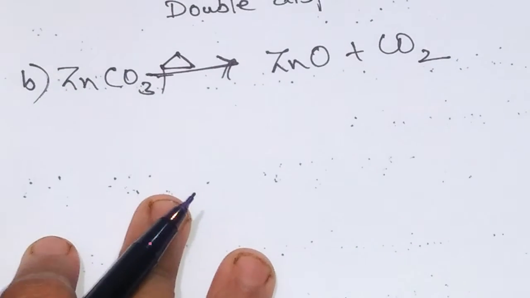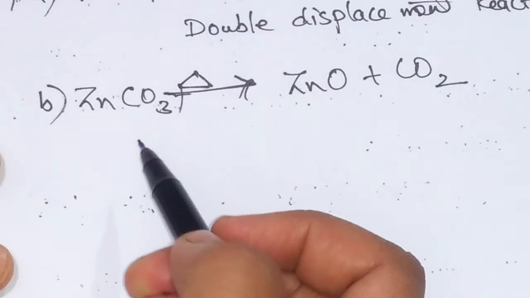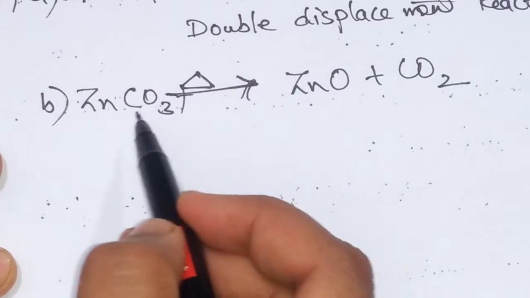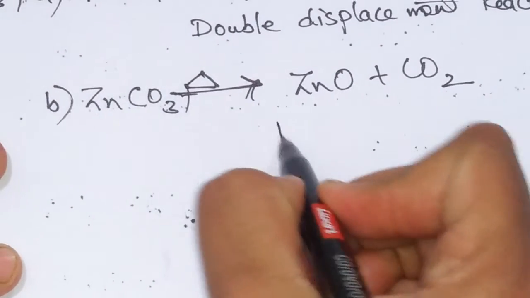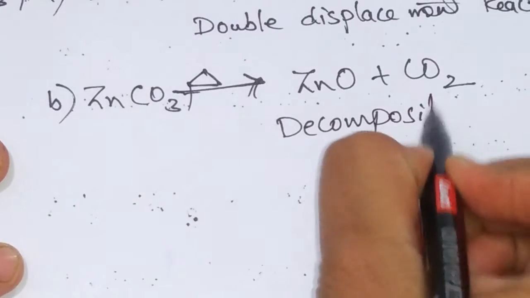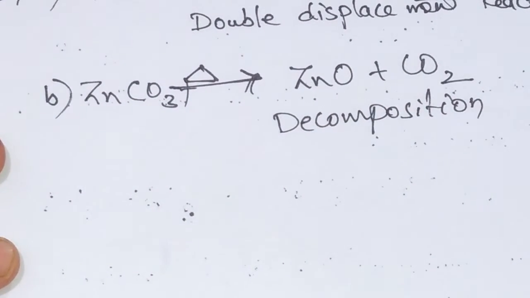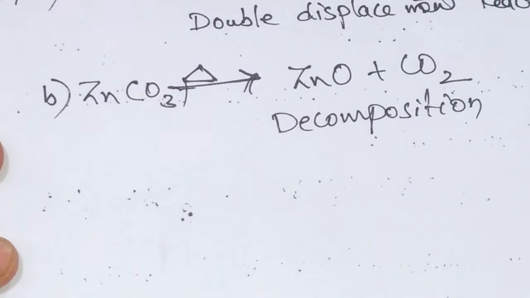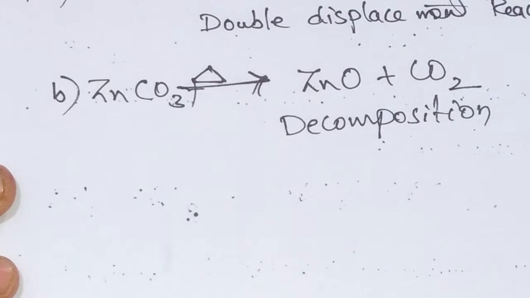So we have written here the balanced equation. Skeletal equation itself is balanced. Zinc both the sides 1, carbon both the sides 1, oxygens both the sides 3. And the equation is a decomposition reaction, and that too we can say thermal decomposition reaction, because it is taking place in the presence of heat energy. By absorption of heat energy, it is an endothermic reaction, thermal decomposition reaction.